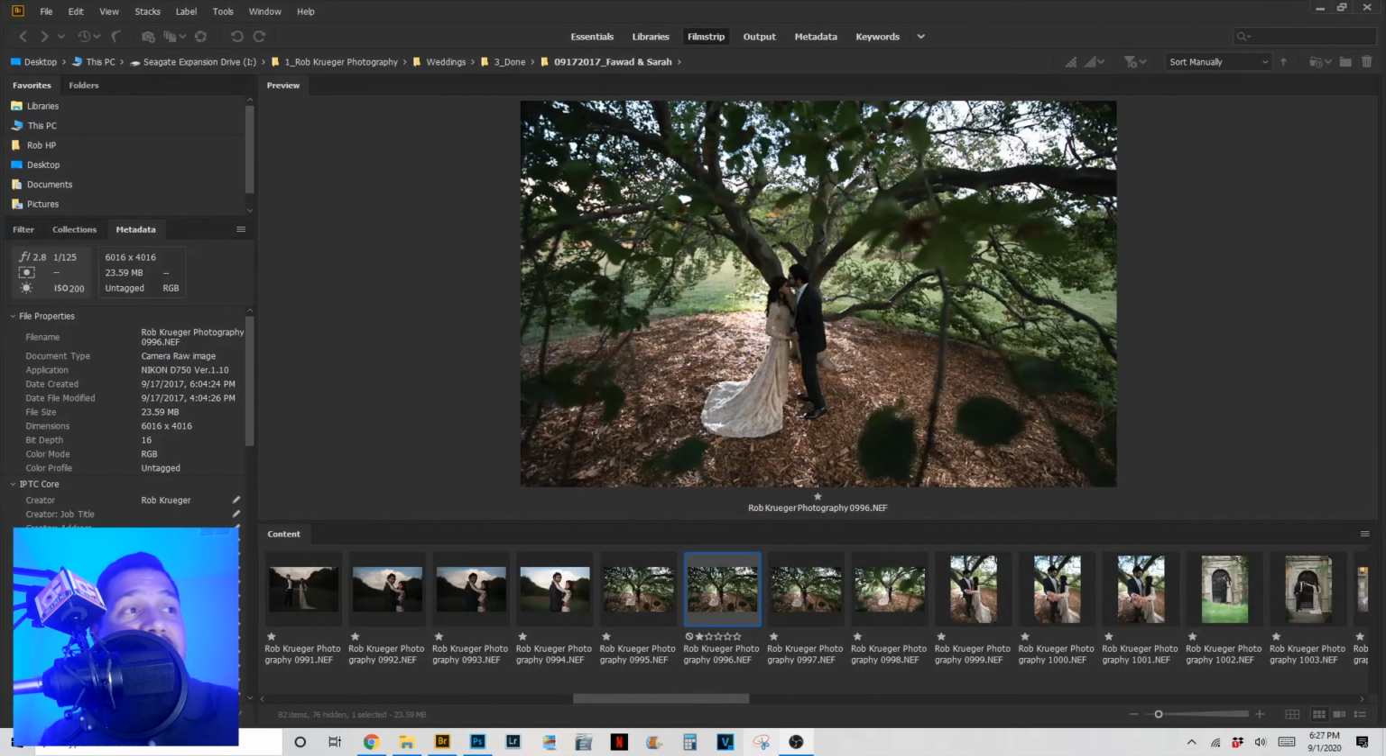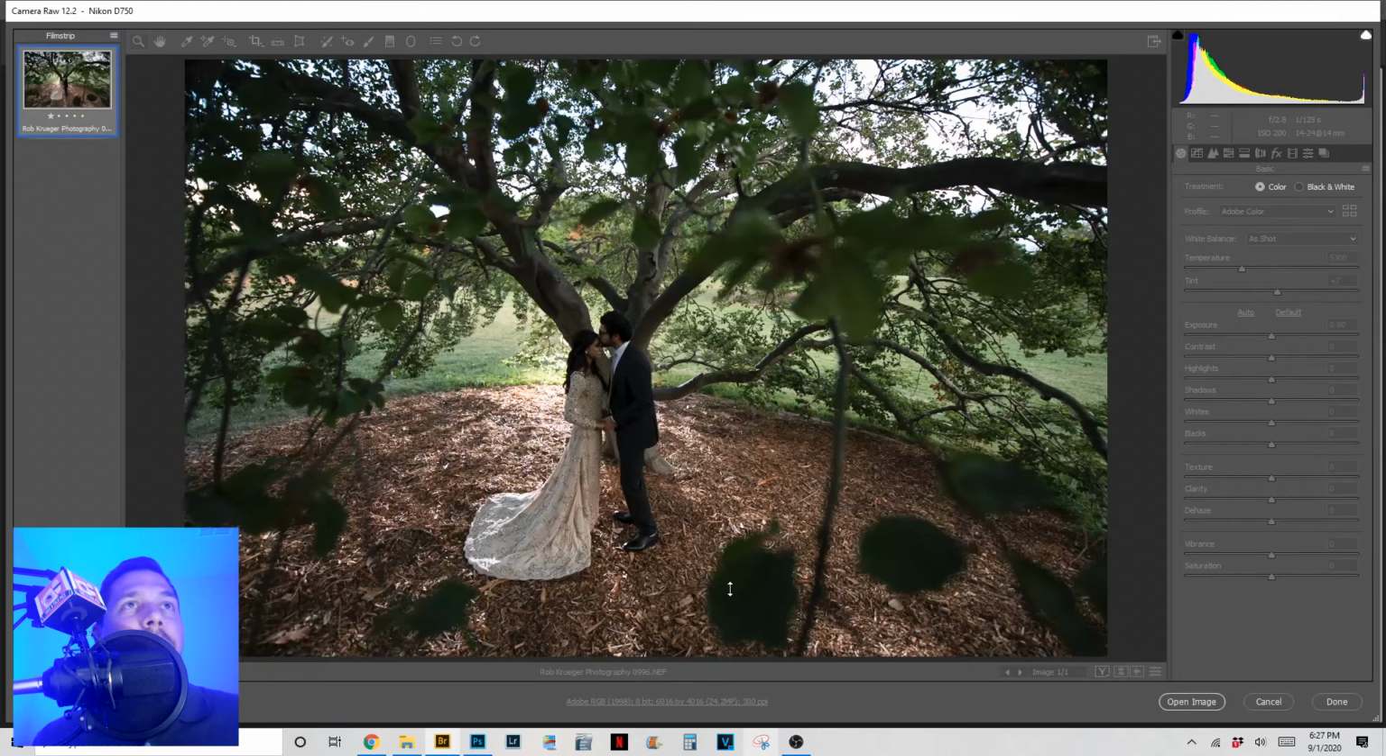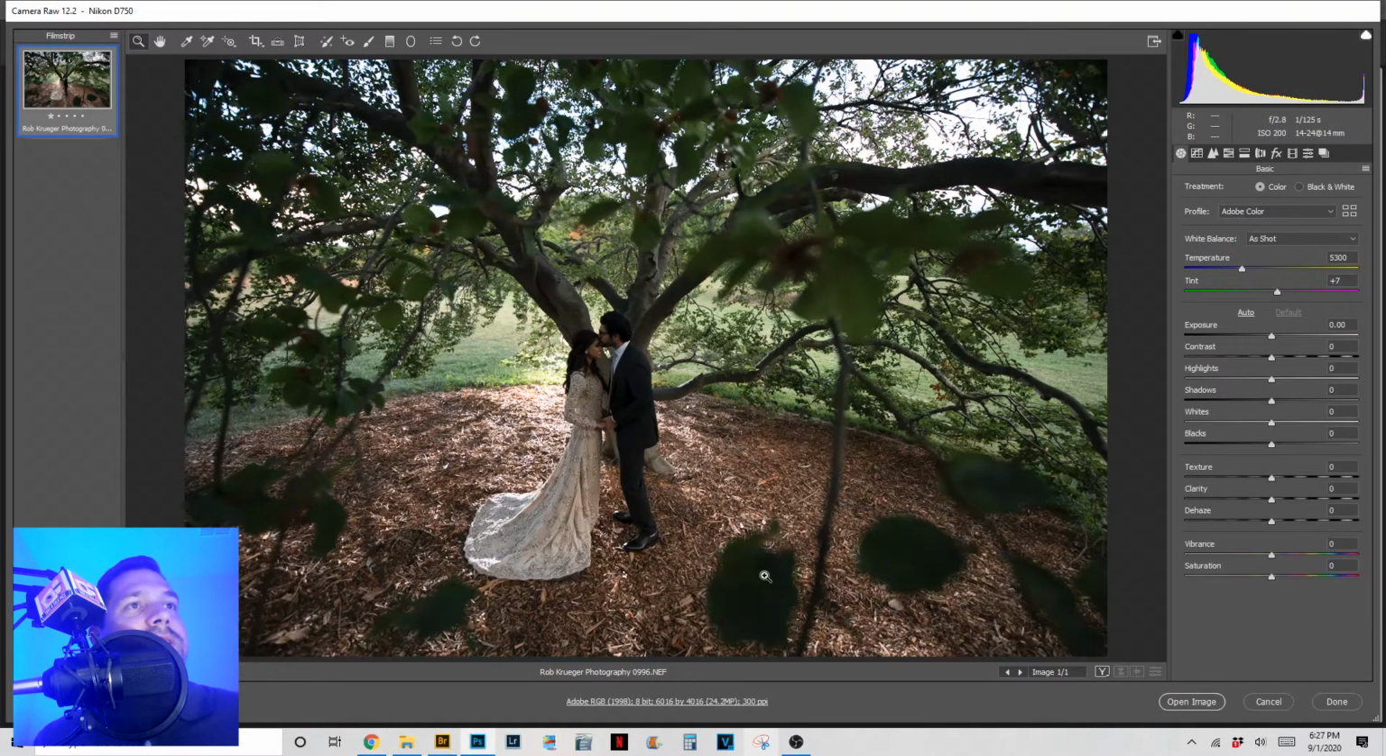Alright, there's no reason to hesitate here. I'm going to jump right into it. I have the raw file here. We're going to open that up into Photoshop, Camera Raw, of course. And in here, we have all these different fields we can use, but what I like to do first is